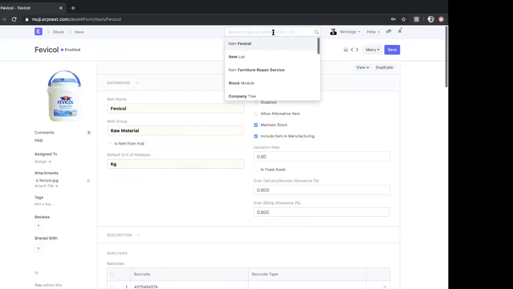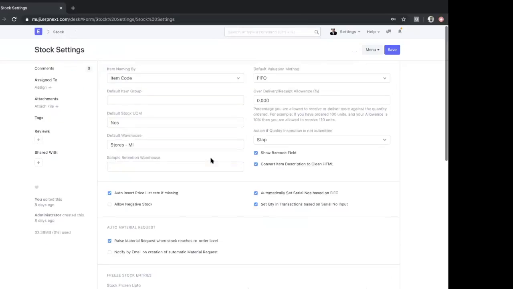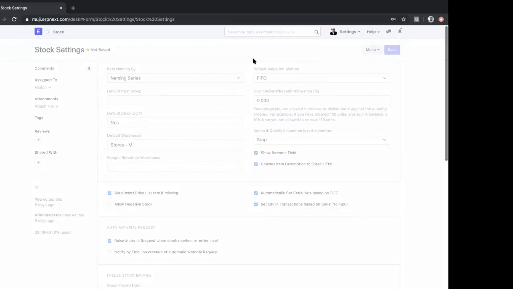What is the other option? Let's say we want to do item naming based on some series. Then there is an option in the stock settings. From the stock module we can check stock settings, or we can also navigate from the search bar. Right in the stock settings, there is an option called item naming. Do you want to do item naming based on item code, or based on naming series? If I select naming series here and save it,